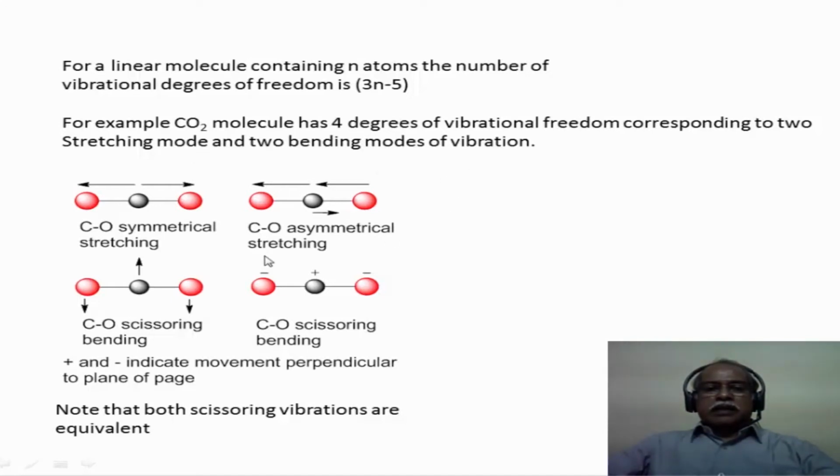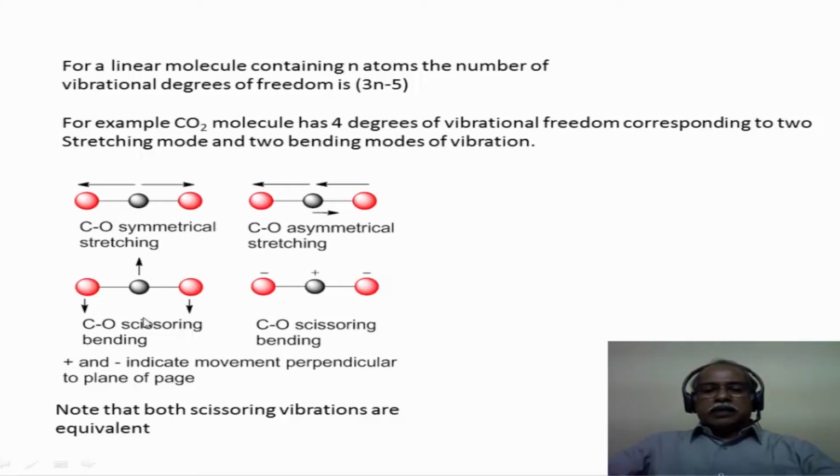shown here. In the CO stretching mode, you can have the carbon and the oxygen bonds stretched out or pushed in. In other words, they are either simultaneously compressed or simultaneously stretched out, and this is called the symmetrical stretching of the carbon dioxide. In the asymmetrical stretching of carbon dioxide, one of the bonds is compressed and simultaneously the other bond is elongated. In order to again maintain the center of gravity, the carbon atom moves towards this direction as it is shown.